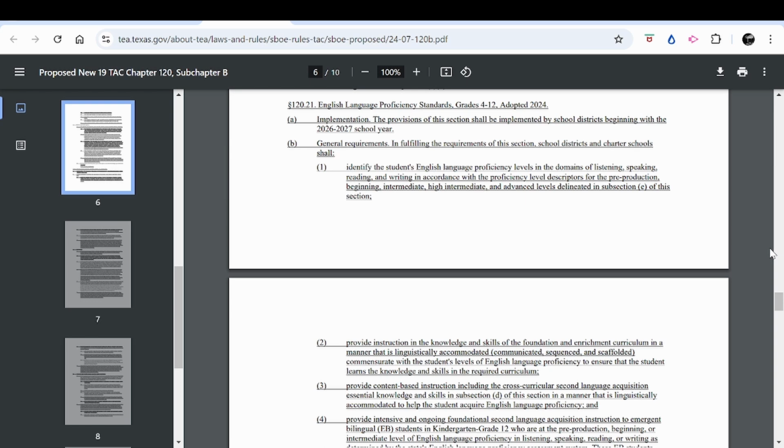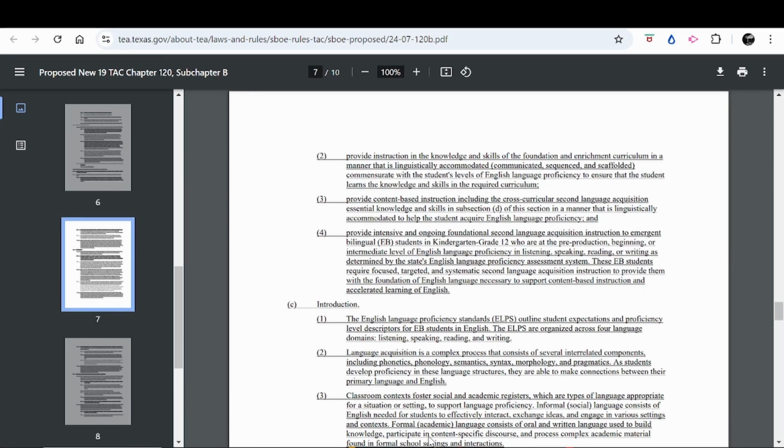Identify the students' English language proficiency levels in the domains of listening, speaking, reading, and writing in accordance with the proficiency level descriptors for the pre-production, beginning, intermediate, high intermediate, and advanced levels delineated in subsection E of this section.